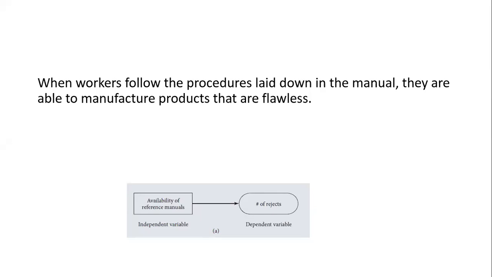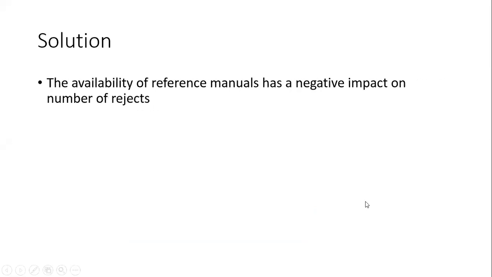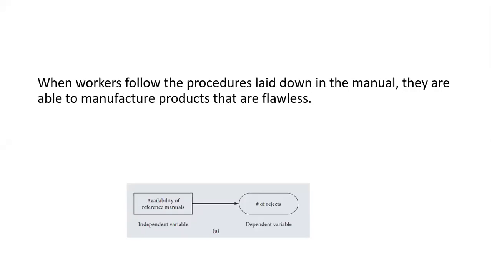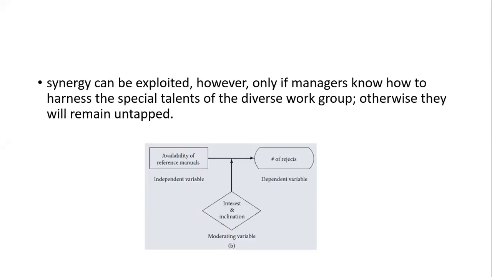It is done, then move to its answer. ठीक है जी, ये नेगेटिव है, ठीक है। The availability of reference manuals has a negative impact on number of rejects. क्यों नेगेटिव है? जितनी अवेलेबिलिटी ऑफ रेफरेंस मैनुअल्स होगा टू द एम्प्लॉइज, नंबर ऑफ रिजेक्ट्स विल बी लेस। ठीक है जी। अब थर्ड है, जल्दी से इसको करें। अब मैं आपको कम टाइम दूंगा। इसका ये बताता हूं कि देयर विल बी टू हाइपोथेसिस, वन विल बी बिटवीन डिपेंडेंट एंड इंडिपेंडेंट एंड द अदर विल बी ऑफ मॉडरेशन।